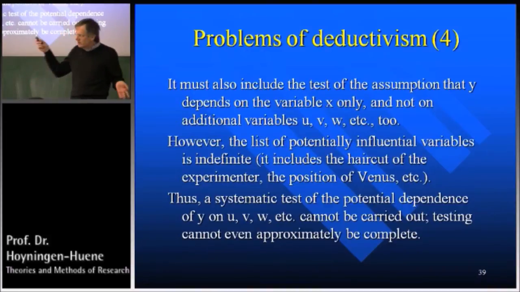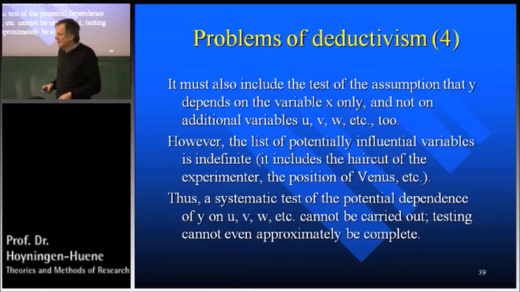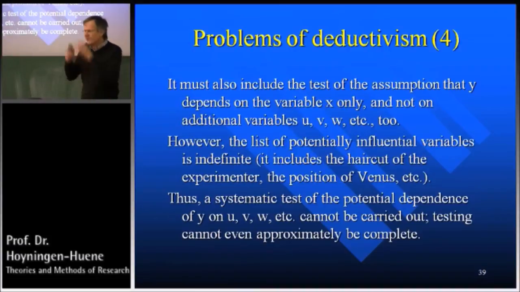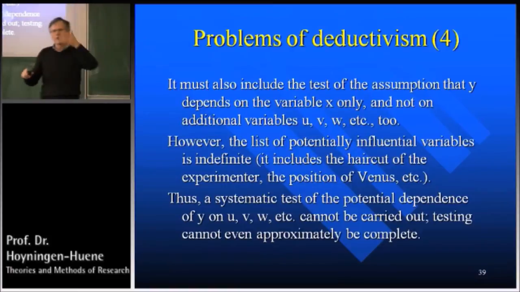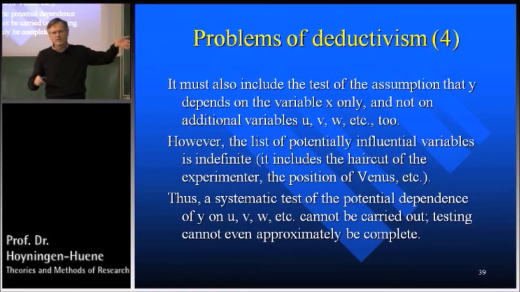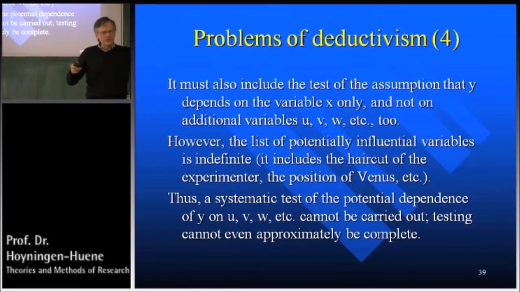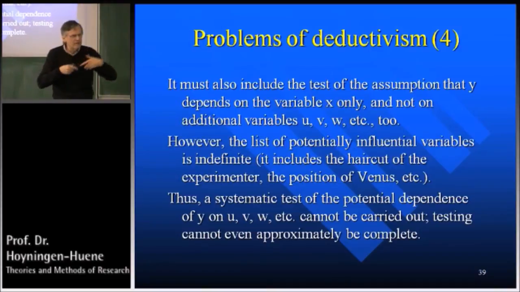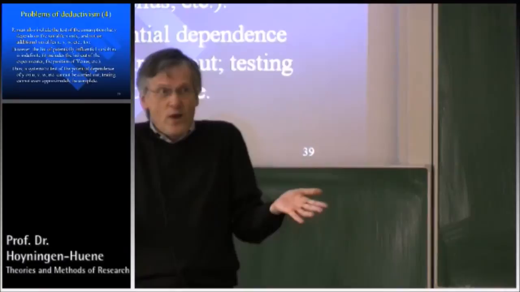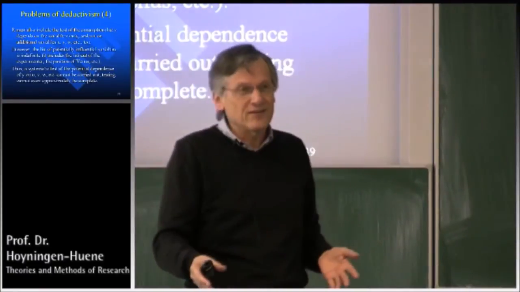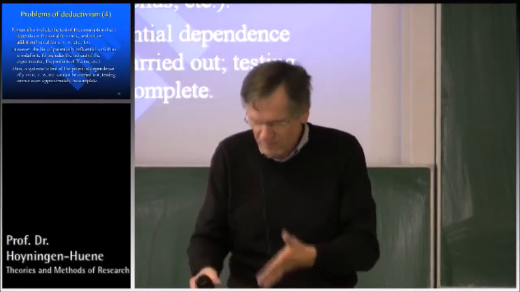Yes, you wait for Jupiter to move a little, and then you repeat 5,000 measurements. And then you wait again, right? And someone says, but Venus is much more important. Oh, Venus co-moved, so I got to, and so on, right? And your haircut, and whether you drank tea in the morning or coffee, and whatnot, and the shape of your hair, and whether you wear a scarf or not, you're going to repeat all the experiments once you take off your scarf. There's no way. You have to do that if you believe deductivism, right? You don't want to do that, so don't believe deductivism.